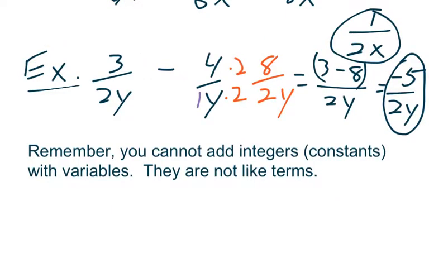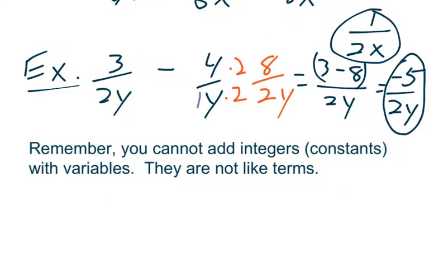And we need to remember you cannot add integers or constants, that just means numbers that do not have variables, with numbers that do have variables. Why? Because these are not like terms. They don't have the same last name, so you can't just add them or subtract them. So for example, if we had 2 over 3 minus 3x over 4,